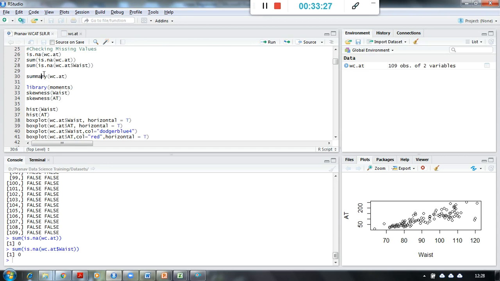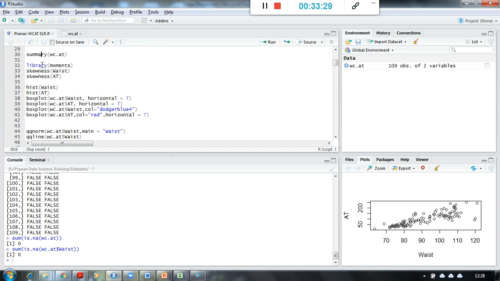Now we have seen the summary of this. Now let us see the skewness and kurtosis of this. What do skewness and kurtosis tell us? Skewness is a measure of asymmetry in the data, and it tells me towards which side the long tail is, or whether the data set given to me is normally distributed or not. That idea I can also get.